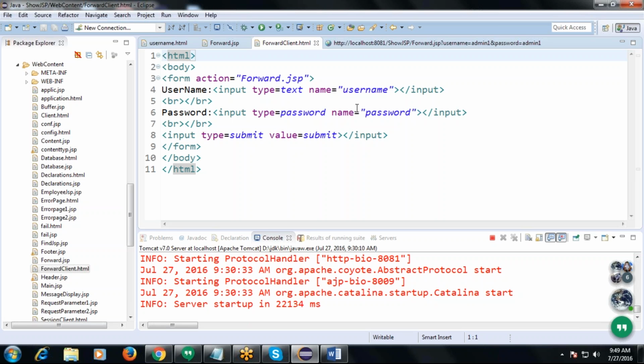One more doubt. If it is an incorrect password, instead of showing in some other page, can we show it in the same page? How can we do that? Simply we have to change that HTML file to a JSP file. Understood? Yeah, somewhat, Chandra. Can you show an example?